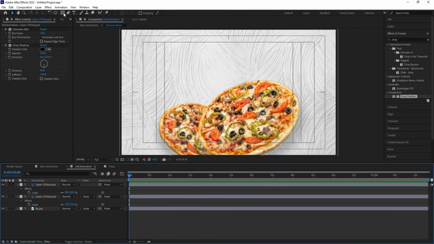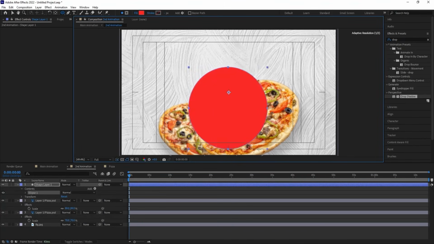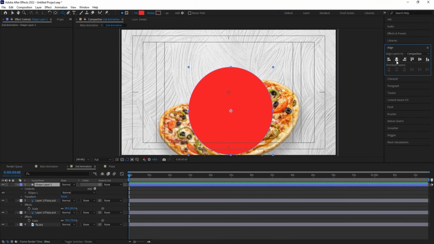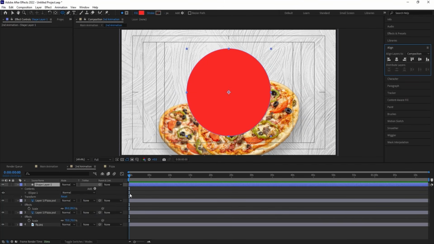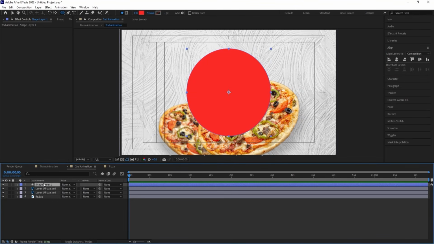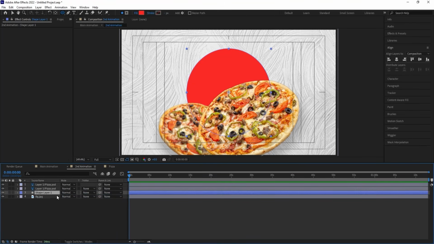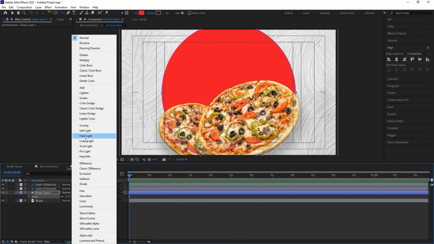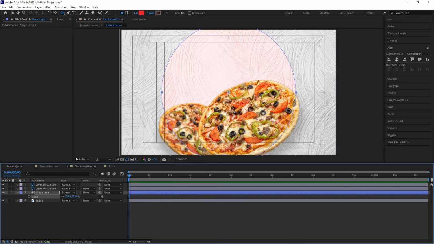Now after this, I'm going to select my ellipse tool, and by holding shift, I'm going to create one ellipse. Let's select this and press Ctrl Alt Home to align that anchor point to the center. Go to the align tab, align it horizontally and then align it vertically. Hit U. Let's select this and try to bring this downwards. Press S and let's increase the scale, and go to the blending mode and try to choose somewhere around overlay